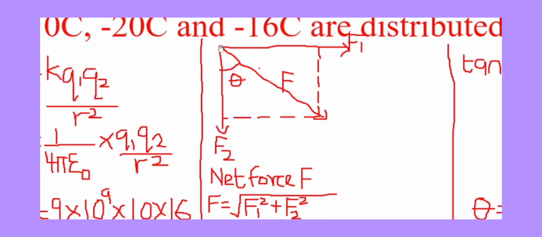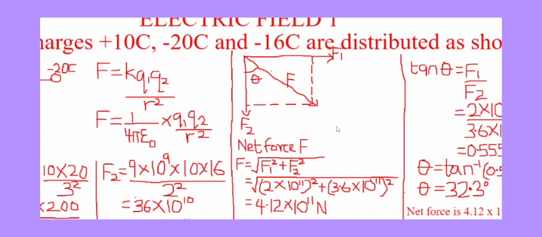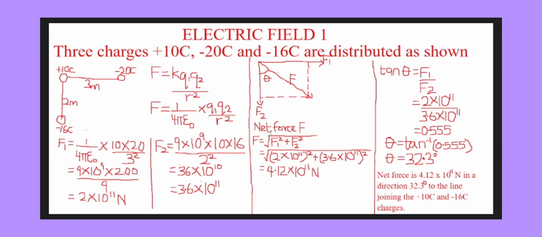The net force, represented with F, will be the diagonal passing in between F1 and F2. That is why we have written that the net force F is equal to